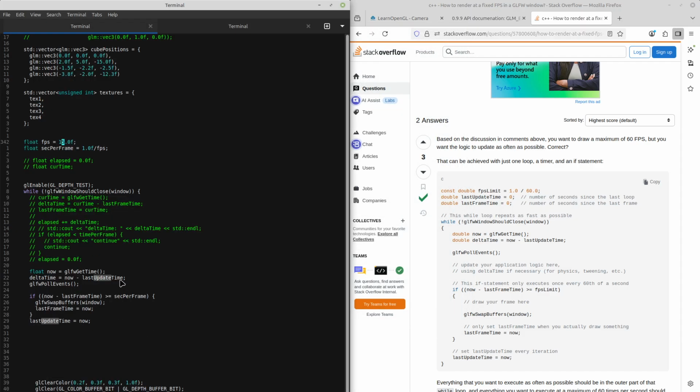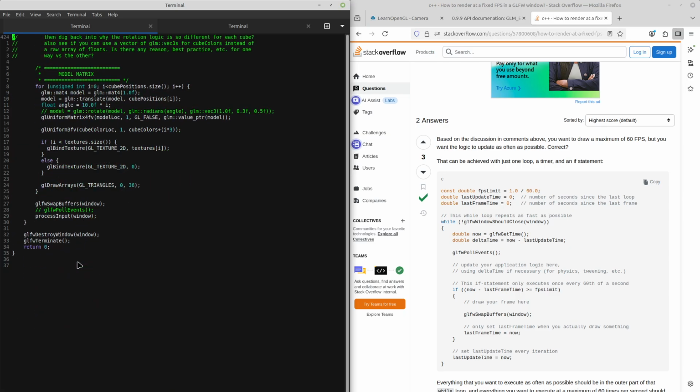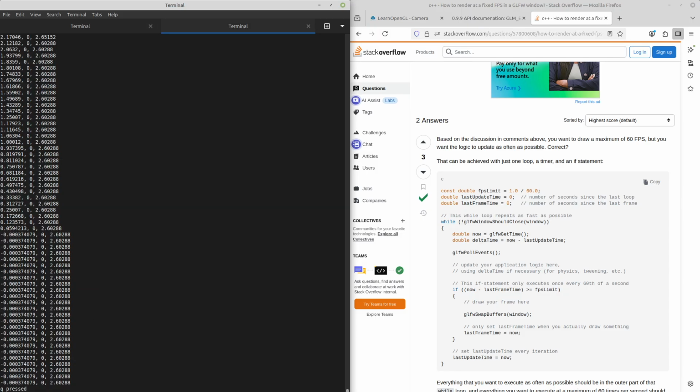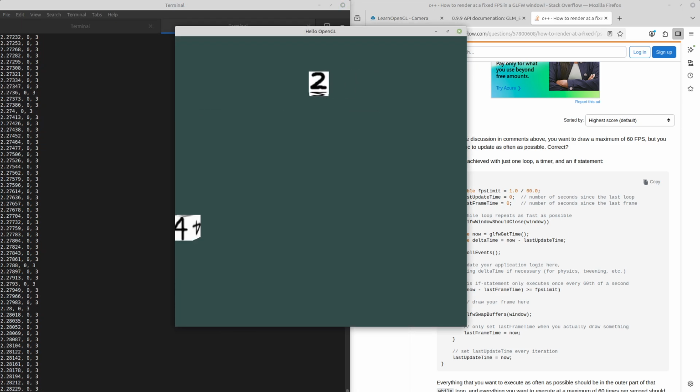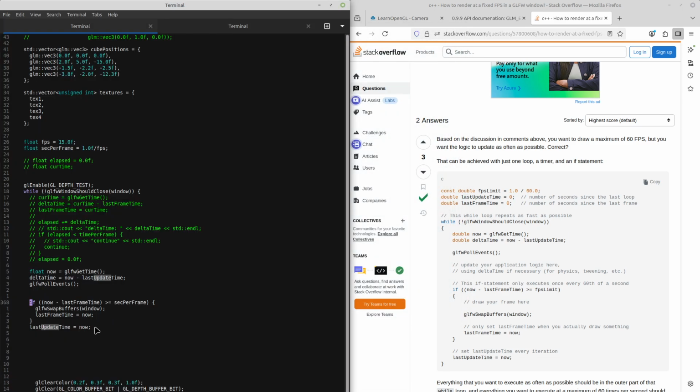That didn't change the frame rate at all. Oh, probably because this, does this need to go at the end? Maybe because that's being done regardless. Okay, there's 15 FPS. So that might have been part of my issue, but what we're saying is, okay, we're going to grab the